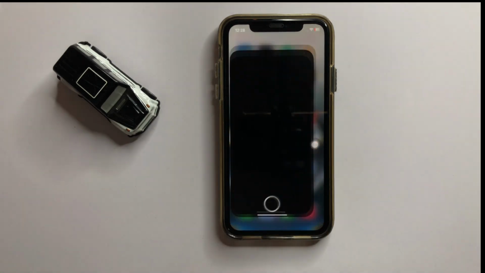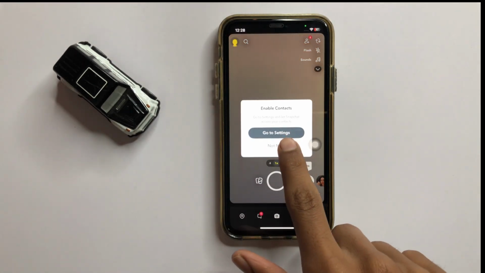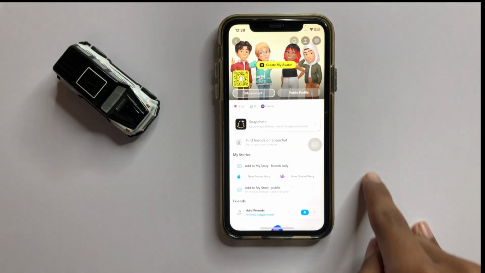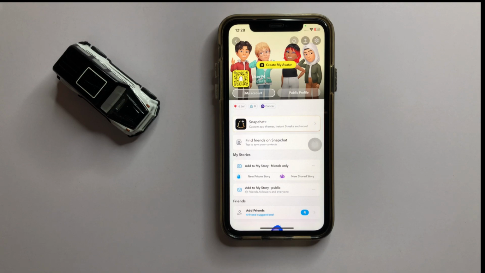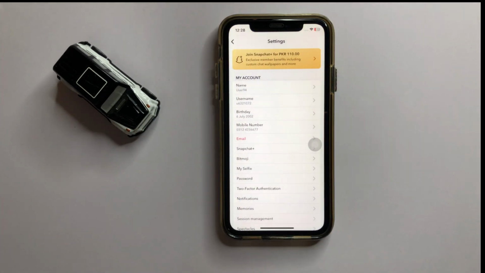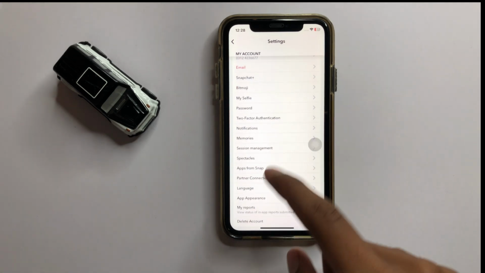open Snapchat, and then on top left corner you can see your account. Now click on your account, and then on top right corner you can see the setting icon. Now click on it, and then scroll down and click on